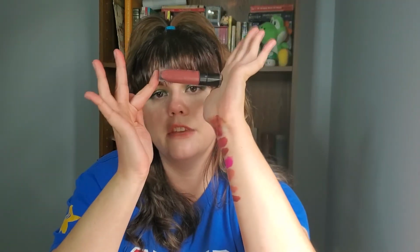The Wet n Wild Give Me Mocha Liquid Catsuit is the perfect nude for me. And I'm very picky about nude colors. It has that doe foot applicator. It deposits a lot of product, so if you purchase this, be aware of that, and probably wipe off a lot of it, because I find that this product applies best and works best if you layer it in thin layers instead